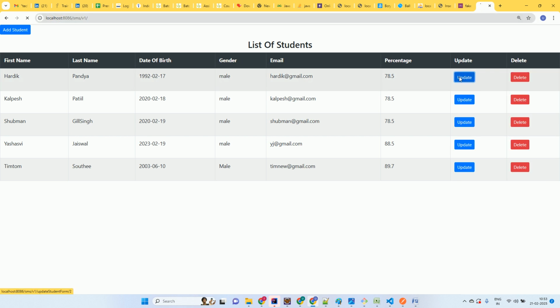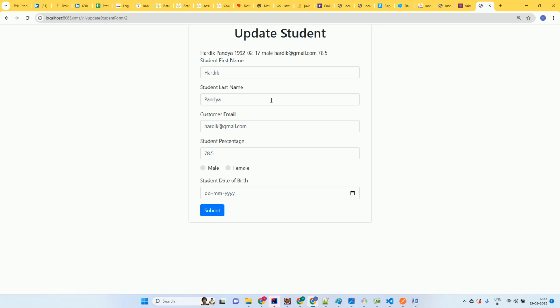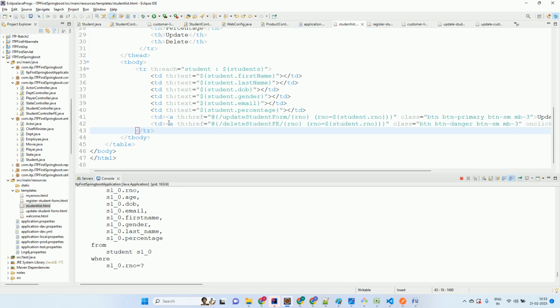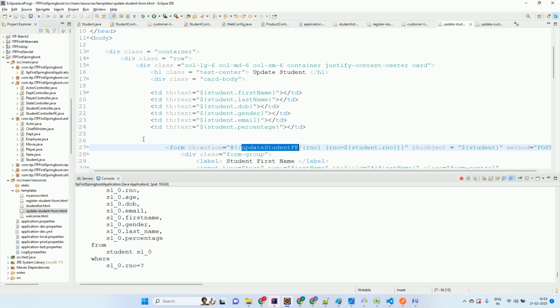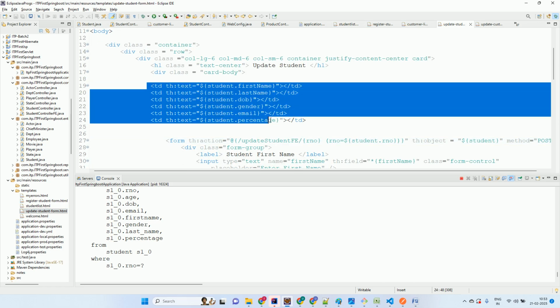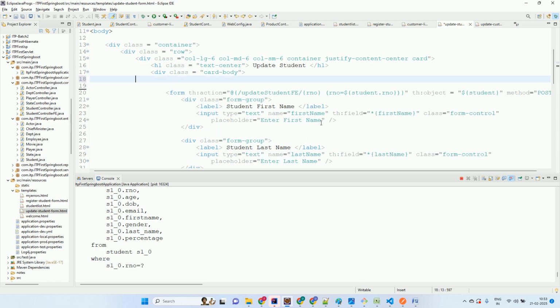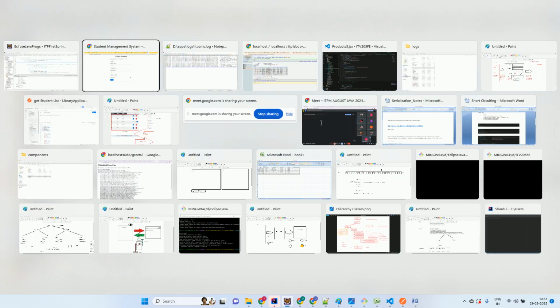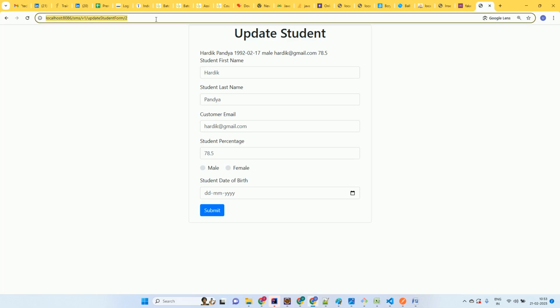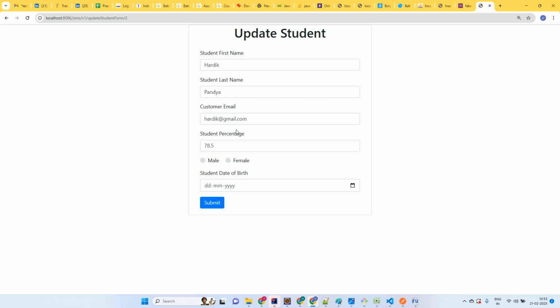कंट्रोल एस कर दिया. आ गया हार्दिक पांड्या, ये सब आ गया. अब इसका परसेंटेज चेंज करता हूँ 78 से 79 तक. हाँ, डेट नहीं आया क्या? तो डेट ऑफ, और मेल फीमेल भी नहीं आया क्या? ओके, तो जेंडर तो हम इसे चेंज नहीं करेंगे. तो